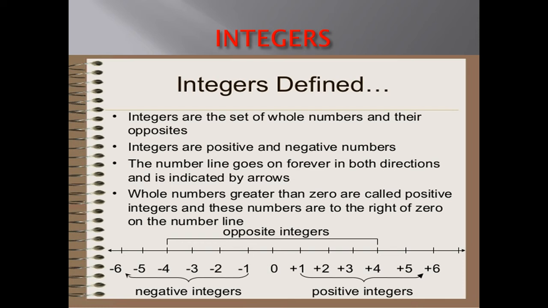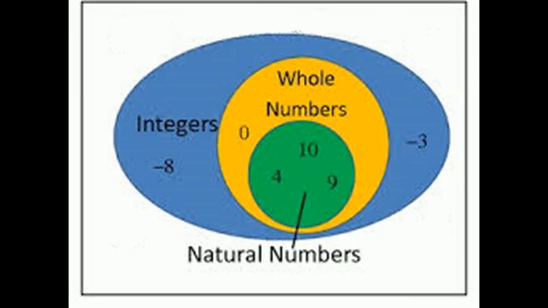They are called integers. In the Venn diagram, natural numbers, all of you know, the counting numbers starting from 1, 2, 3, 4 and so on, they are called natural numbers. They are part of the whole numbers. Whole numbers are the numbers which start from 0. Only 0 is not a natural number, except 0 all are natural numbers. Then whole numbers are part of integers. The whole numbers 0, 1, 2, 3, 4, they all are non-negative integers, and the negative numbers -8, -3, -5, they are not whole numbers, they are just negative integers.